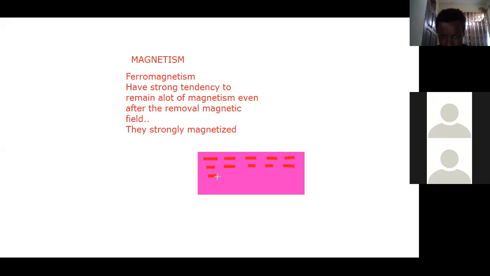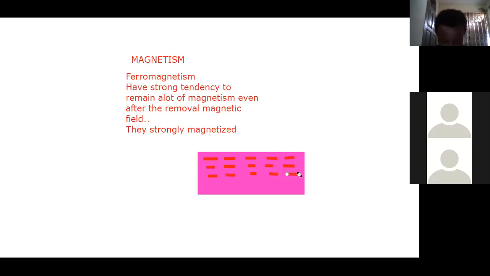They get magnetized and it takes a longer time for them to lose their magnetism. So they have well aligned domains. Let me put it that way.